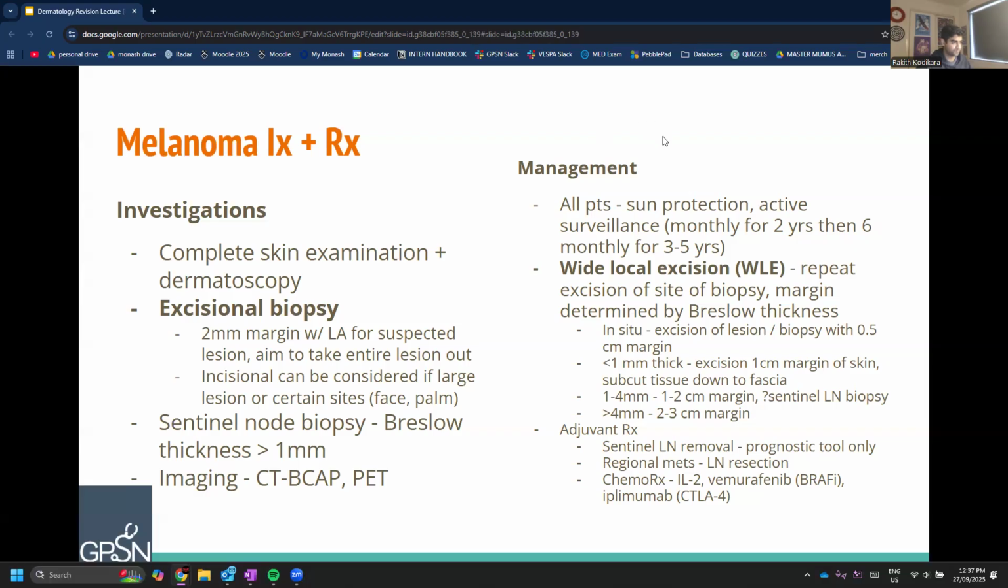Management-wise, for all of our patients, we want to make sure we're actively surveilling them because we want to make sure that there's no other melanomas appearing. And then for the actual melanoma itself, we're going to be doing a wide local excision, so going back to that same site, and depending on the thickness that we've got, we're going to be doing